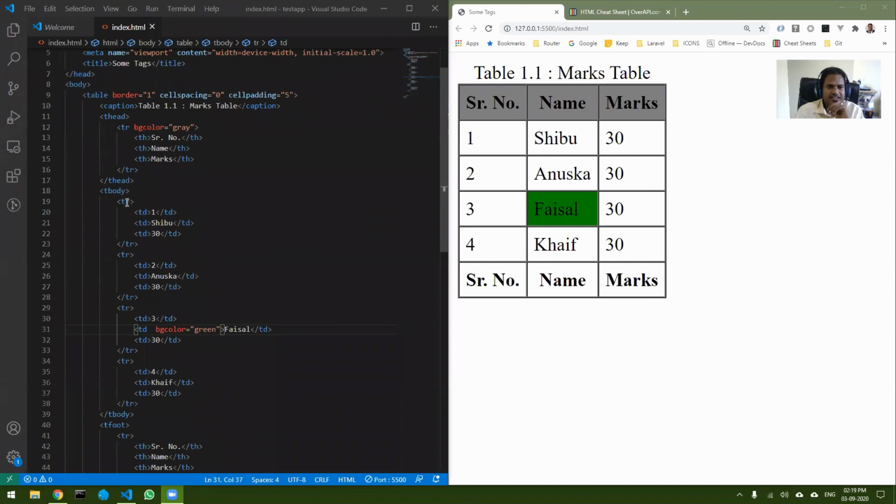Under the tag tr. No. If I put yellow over here, then only Faisal is changed, right? But I want all these names, Shibu, Anushka, Faisal, Kaif, all to be yellow, right? Simple. I will just copy this and paste it everywhere.